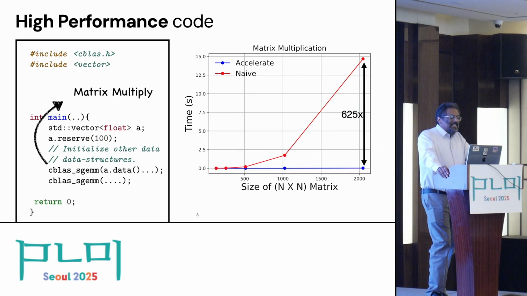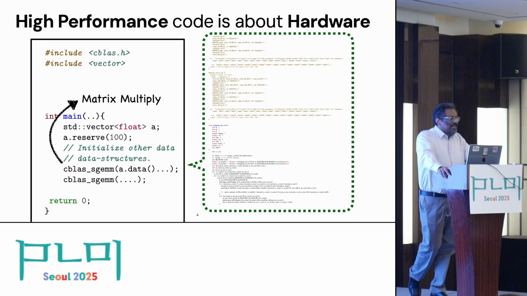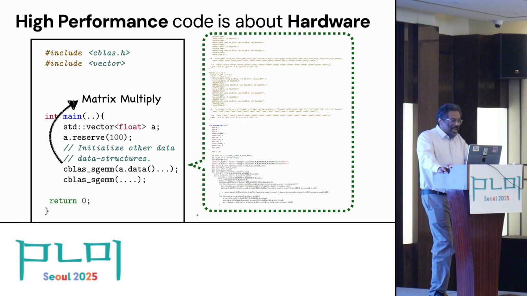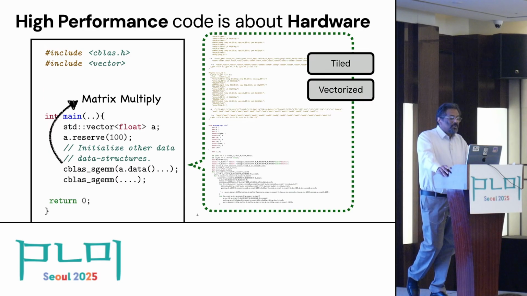The reason it's 600 times faster is this fast matrix multiply has been written with hardware in mind. A lot of work has been done to make sure that matrix multiply really fits into that hardware. First of all, it's tiled, so the data that you bring in will stay in cache and be used multiple times as much as possible. It's vectorized, which gives you the maximum flops